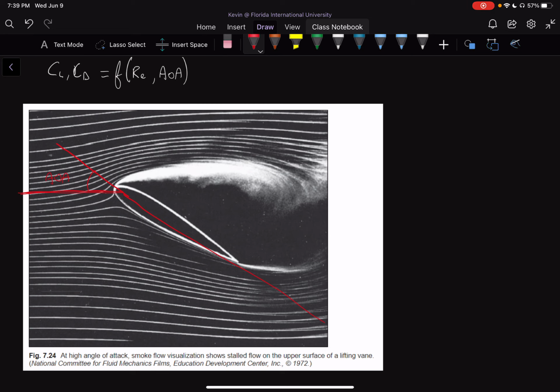Now we can see that in our system, it seems like we have a very big angle of attack. If you look at an airplane wing, you would never really see it at this angle. I mean, you could actually see it at this angle, but it seems like the angle of attack is pretty high. Okay, but what's important to note is that the CL and the CD are a function of this angle